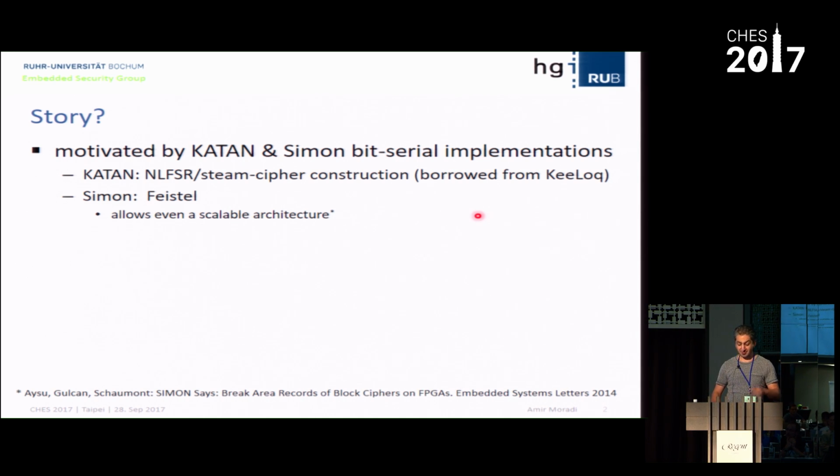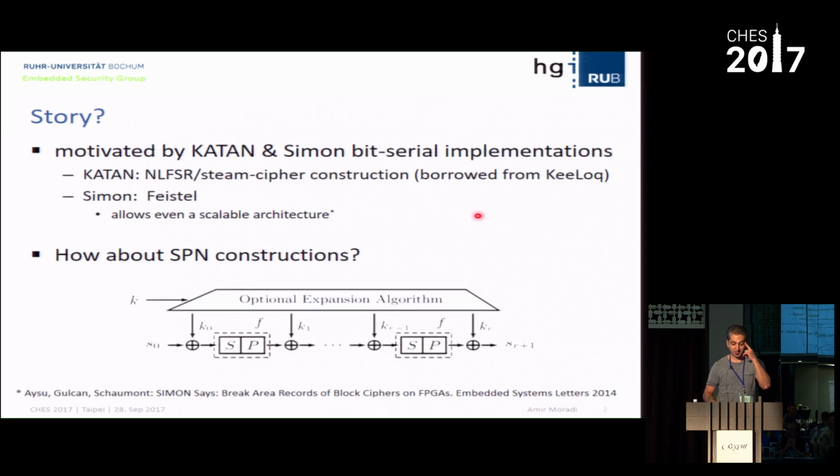Then we thought about SPN constructions, substitution permutation networks. Here you have the key schedule, which gives you the key, and then at every round you have, most of the time, key addition, then the substitution layer with the S-boxes, and then the permutation, which plays the role of diffusion, then again a subkey, and so on. This round architecture is repeated a couple of times until the ciphertext is ready.